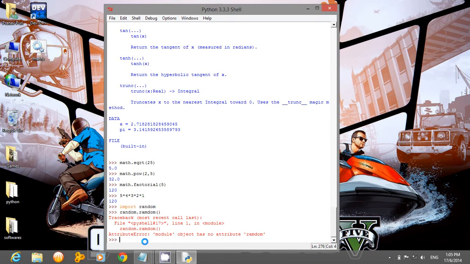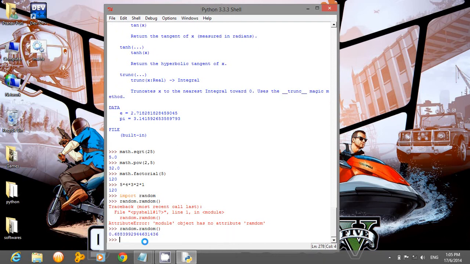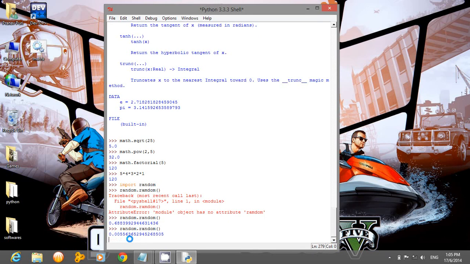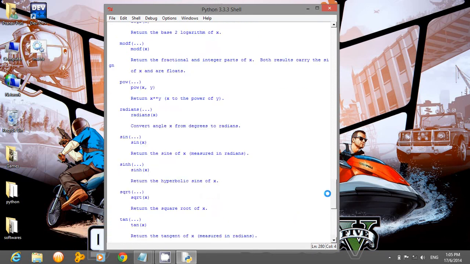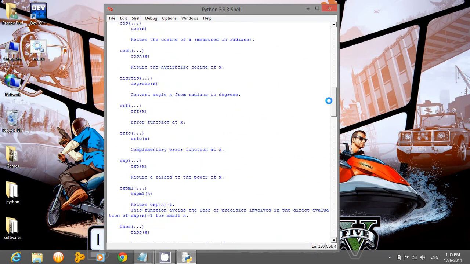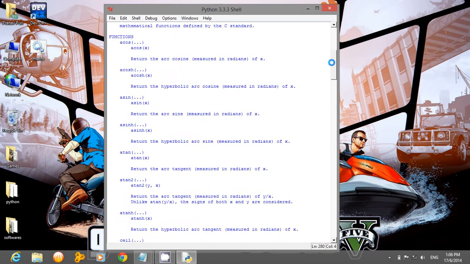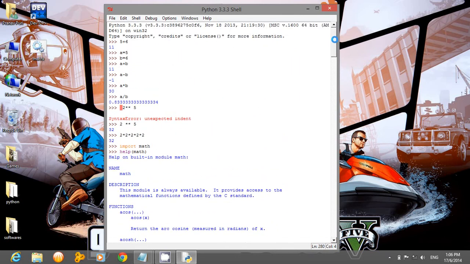Sorry, I made a spelling mistake. So this library function random generates random numbers between 0 and 1. Again I will type it, and you can see. So this is all about numbers that are used as a data type in Python.